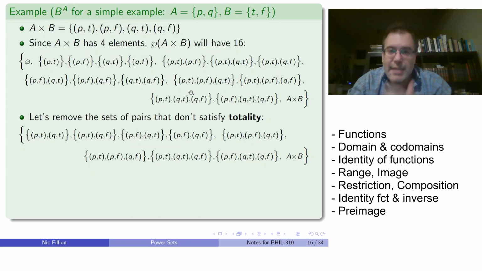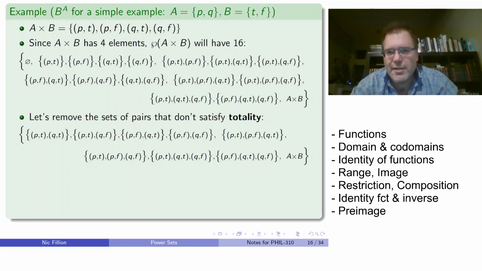Among the sets that contain 2 elements, look at the first one here. It has 2 pairs, but both begin with P. So it doesn't have one that starts with Q, out. This one here has 2 pairs that start with Q, not one that starts with P, out. It doesn't satisfy totality. Now, all of the ones with 3 or 4 elements will happen to satisfy totality. So what we're left with is 8